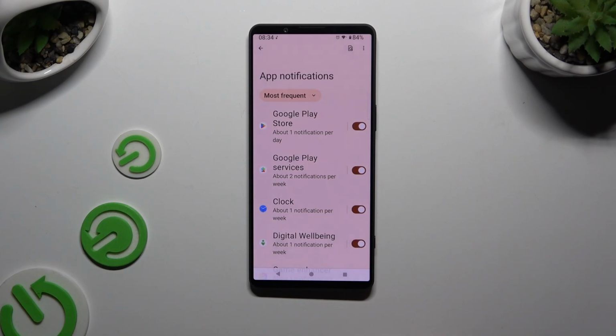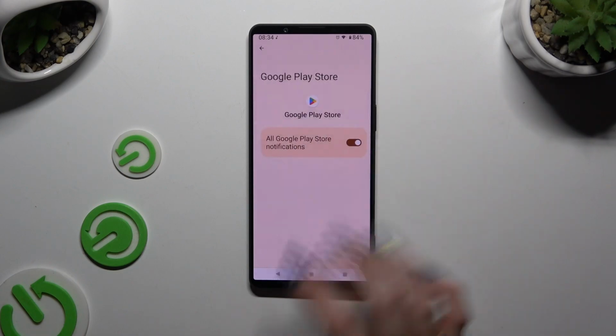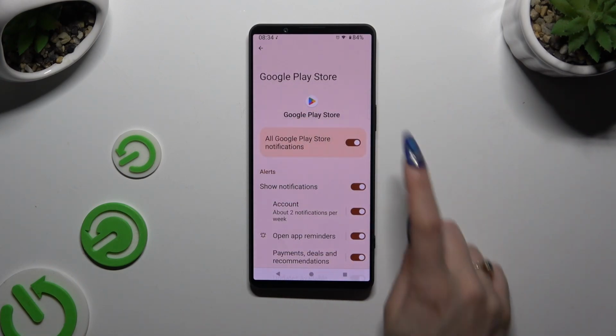If you want to, you can always just tap on any app available on the left and manage all notifications